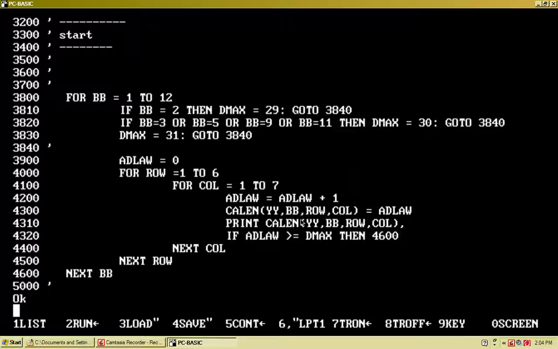So we have YY, so let's create YY first. All right, so YY we start with 1, because we start with 2010. And then what is BB? BB is already here. And YY will have an initial value 1. That is okay. And we want the column to start on a